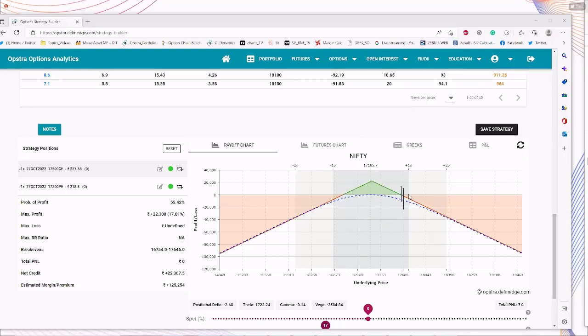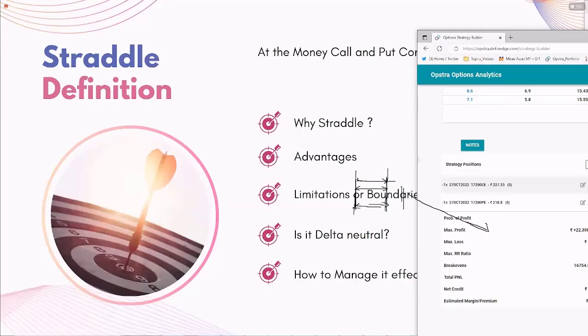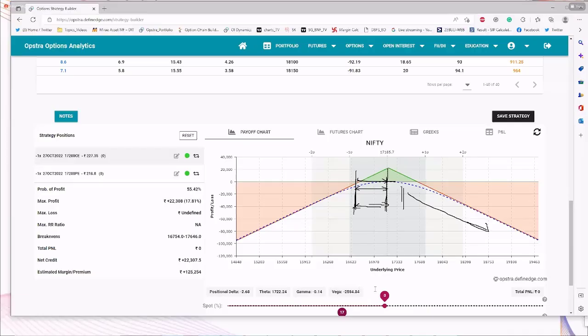So you can assume that as an advantage to you, but again, when it goes beyond 50% of your range, from here 50%, from here 50%, that is the place you should be concentrating on delta related issues. Okay. So that's the one limitation. You cannot assume that it is delta neutral. Maybe at the initial stage it might be delta neutral, but when the market makes a move, okay, let's assume that